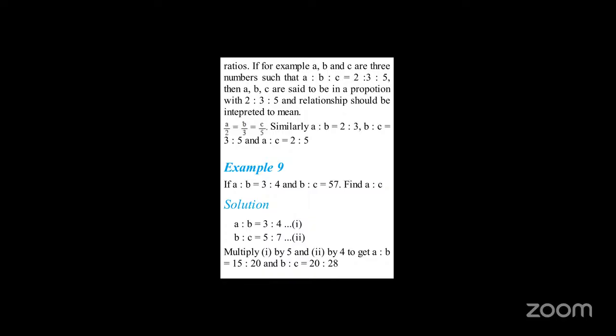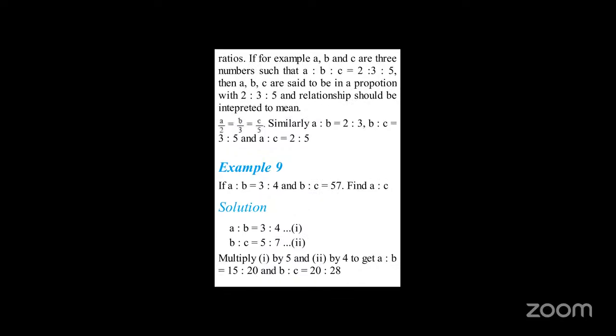Find A ratio C. So for this one, we are going to arrange it such that we have A ratio B, which is equal to 3 ratio 4, and B ratio C is equal to